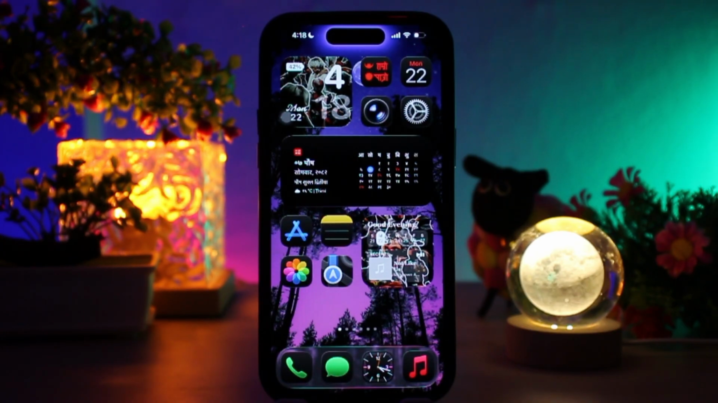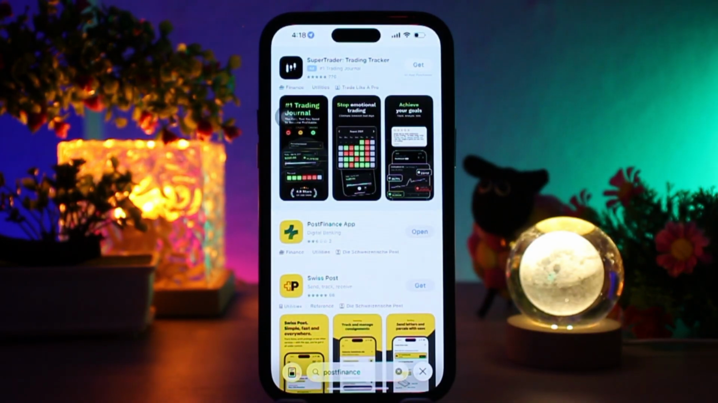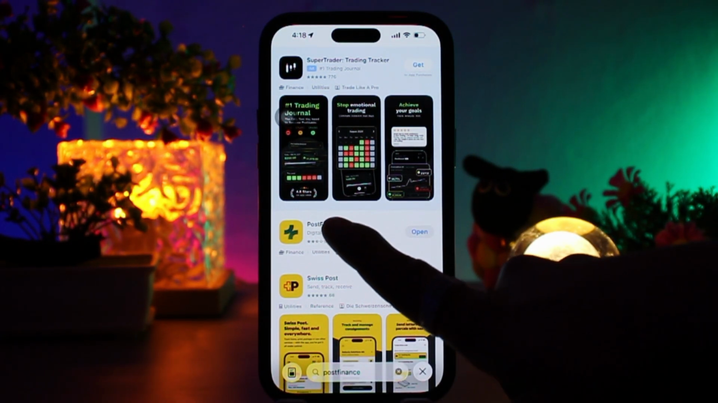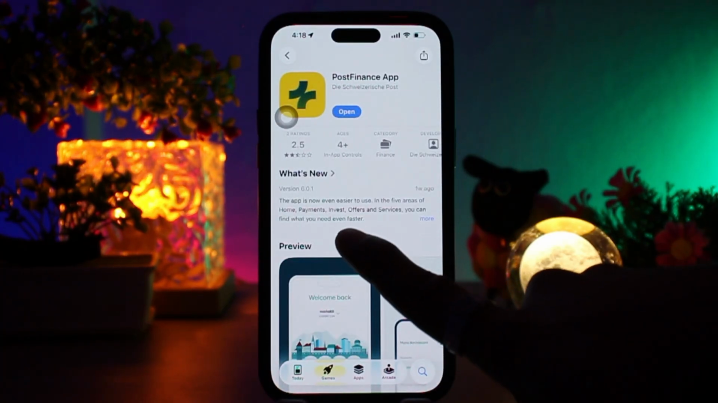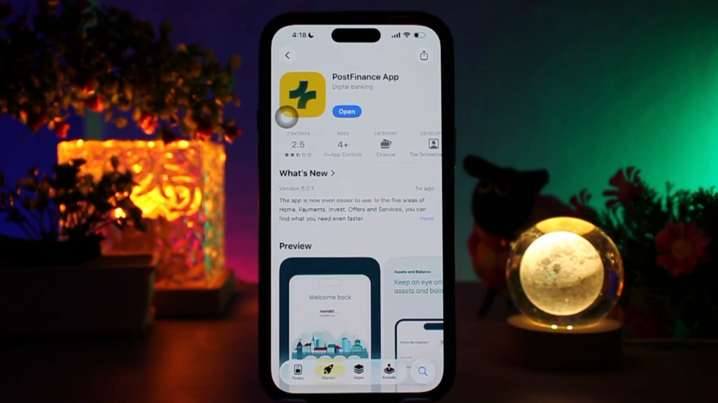In order to use PostFinance Ltd, the first thing that you need to do is simply head over to the App Store, then on the search bar type in PostFinance. Then look for an app icon like this on your search list, then simply tap on it. This is the PostFinance official app. Then simply tap on the get button to download the app and follow the on-screen instructions to successfully download the